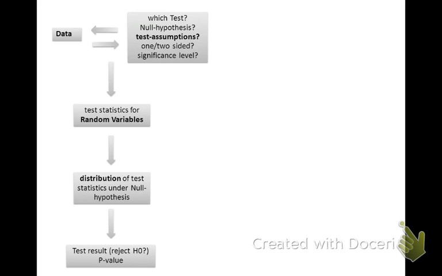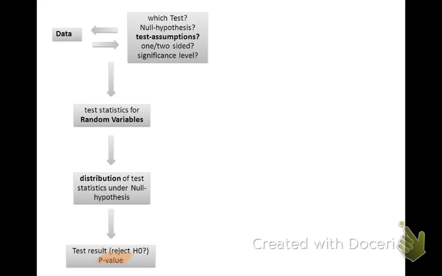After that, we look at the distribution of these test statistics under the typically null hypothesis. Depending on what this picture looks like, we then either reject the null hypothesis or we say we cannot reject it. And if we have been testing with a statistical program, we typically also obtain a p-value for the test. The p-value tells us how sure we can be that the null hypothesis is rejected